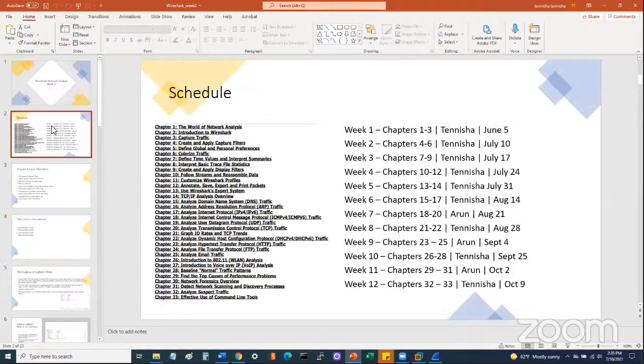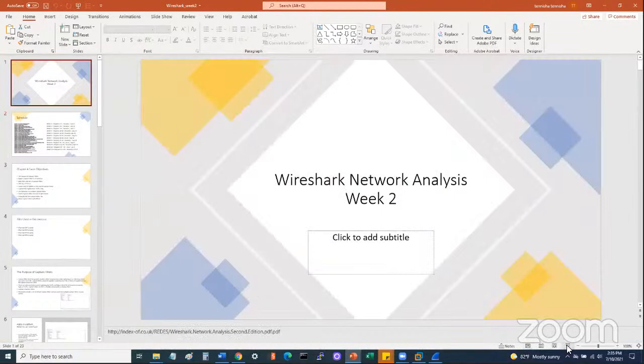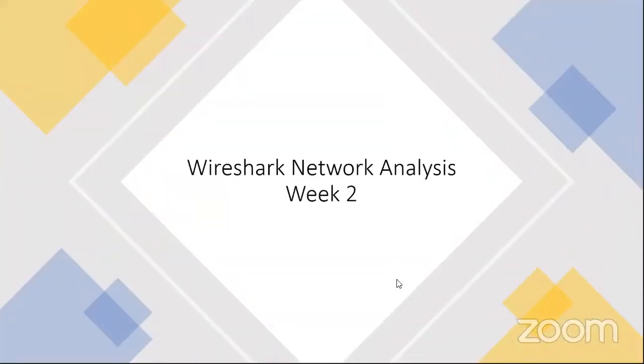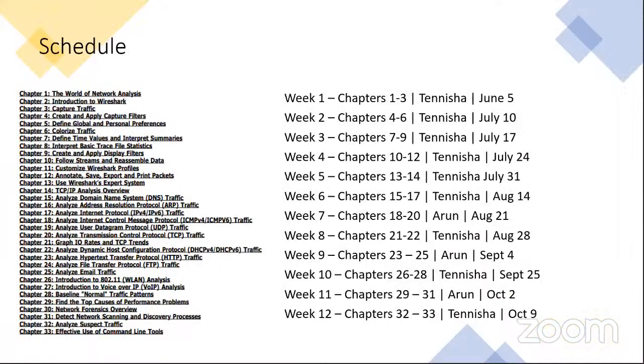So this is the schedule. I am co-teaching this with a gentleman named Amran. He will be hopping in towards the end of the schedule. It's 33 chapters in this book. It's pretty husky. We did chapters 1 through 3 the last time. This week we are doing chapters 4 through 6, so the slides for week 2 cover chapters 4 through 6 of the text. The text is available in the Slack channel, in the Black Girls Hack Slack, if you do not have it.